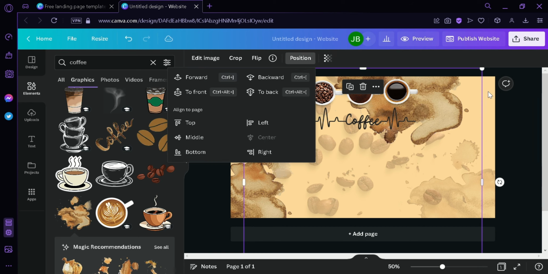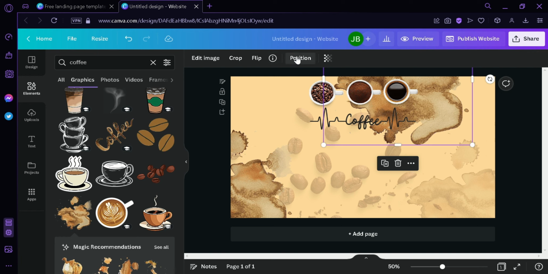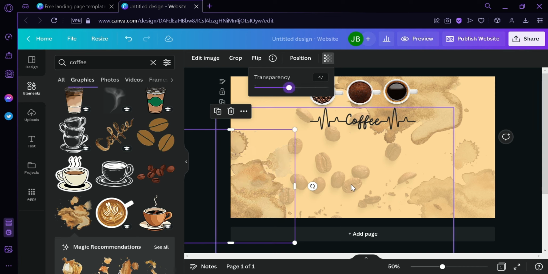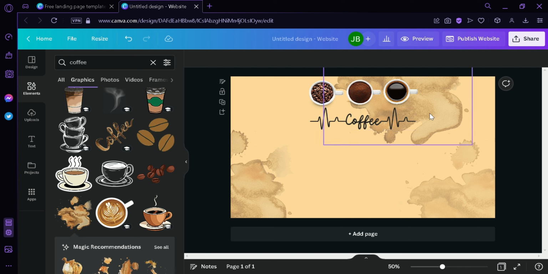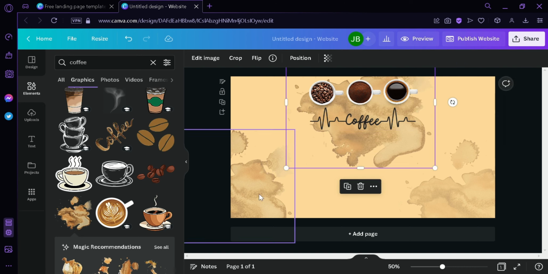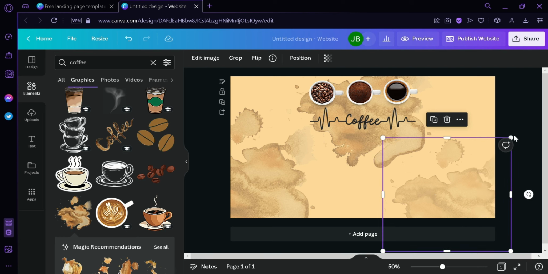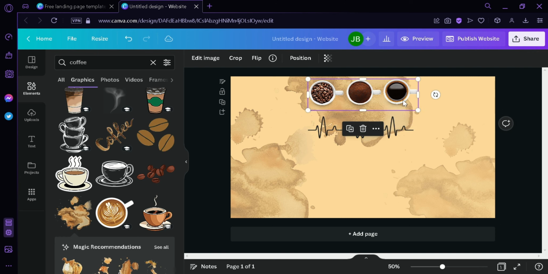I'm going to change this position this way so I can access this image to make it lighter, just like that. Same thing over here. Actually, I'm going to delete this image that I added earlier because personally I like this design much more than just the coffee bean being scattered. Can readjust this,